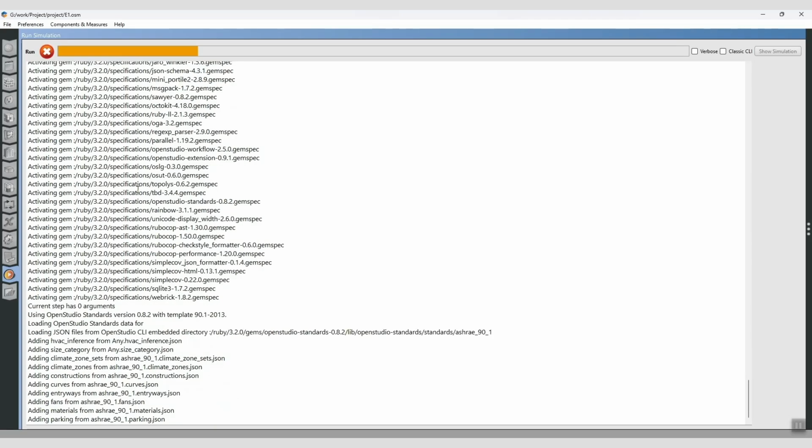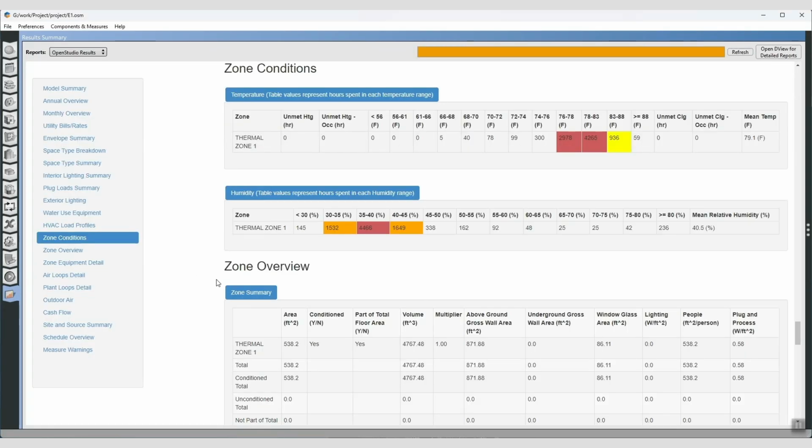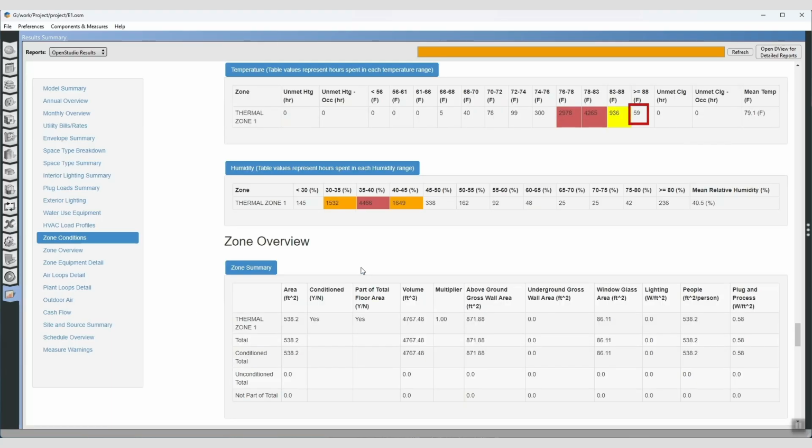Once the simulation is complete, go back to the Zone Conditions section of the report. The difference is immediately clear. The hours with extremely high zone temperatures have been reduced dramatically. However, they have not been eliminated entirely, since the office is unoccupied at times, and the HVAC system is shut down during those periods. For now, we'll leave those settings as they are and focus on understanding the broader impact